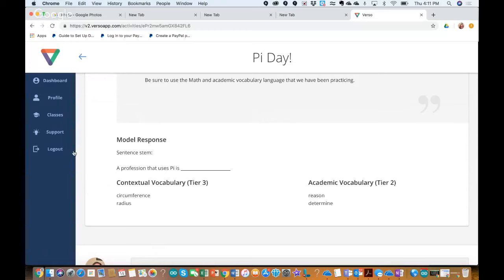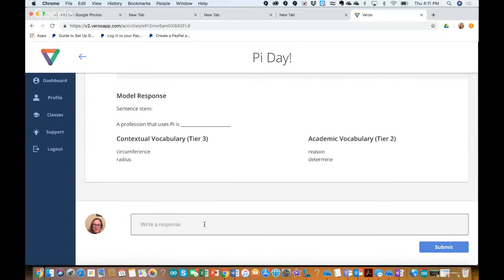Okay, and so then any other information that the teacher has given you to help with that response, the student will see here. Okay, so then here I can say, I think that an engineer needs to use pi. She would have to determine, let's see, I'll use the word circumference